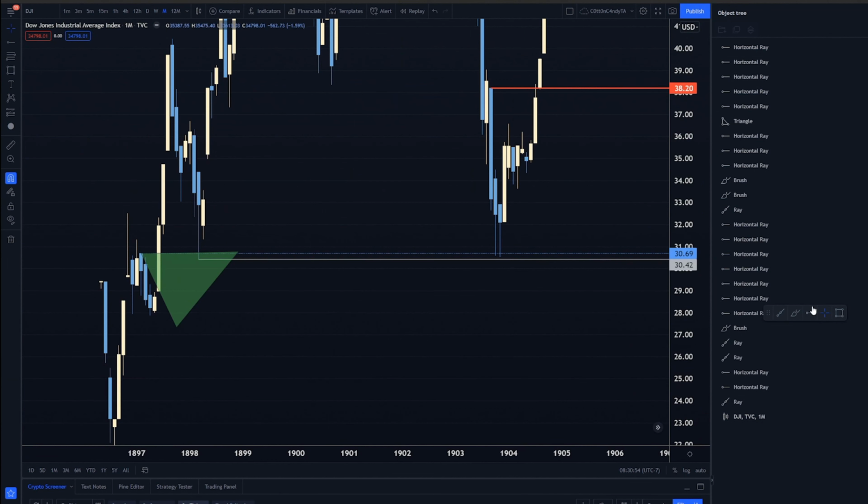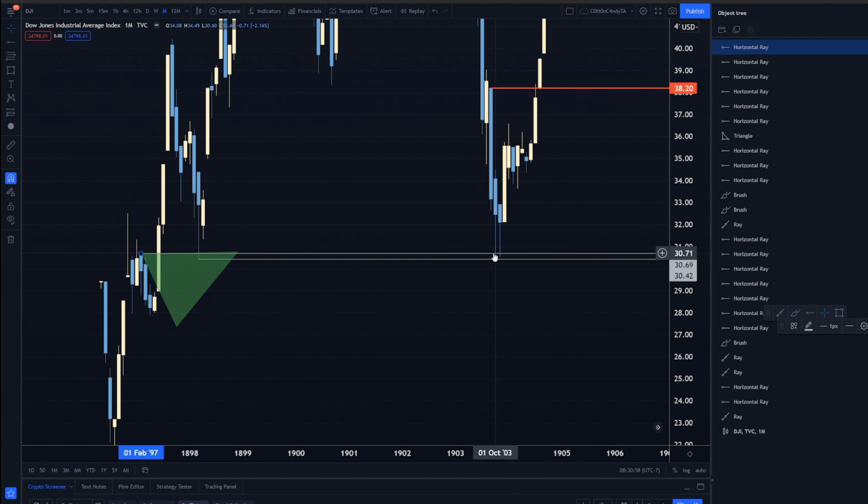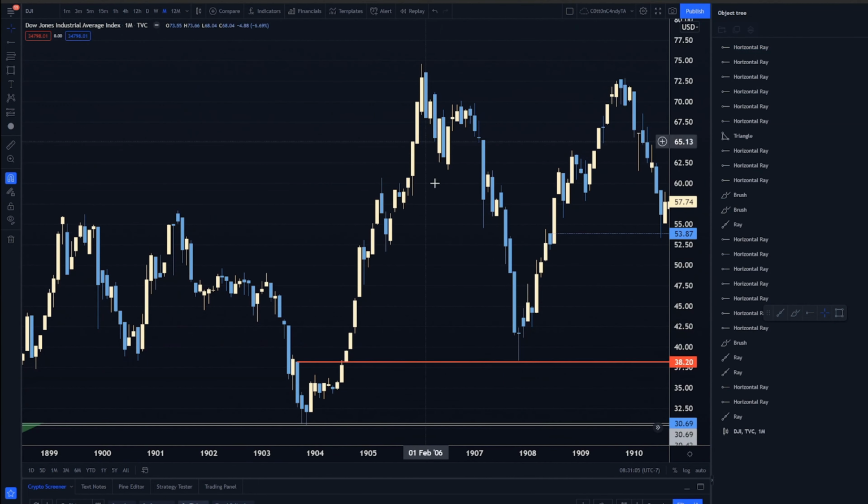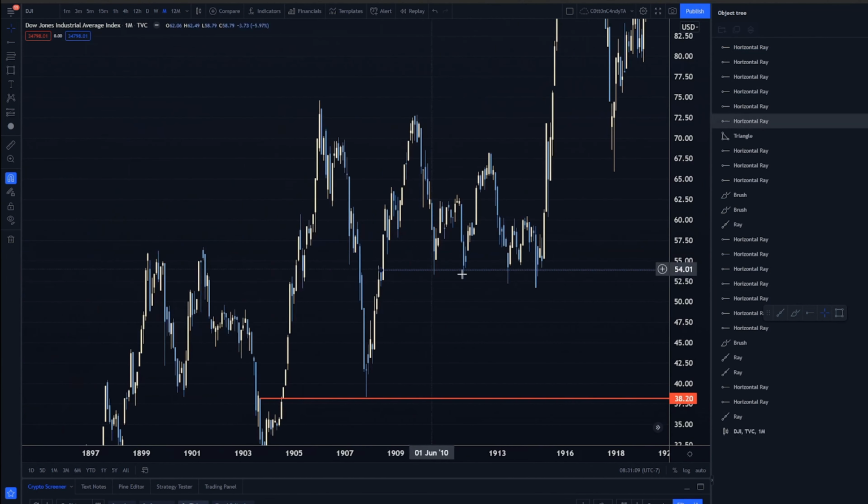Backside valley. Ladder, move up. Backside valley, move up ladder. Break polarity, move up, range, rebuy, backside, move up, and so forth and so forth, just to kind of further